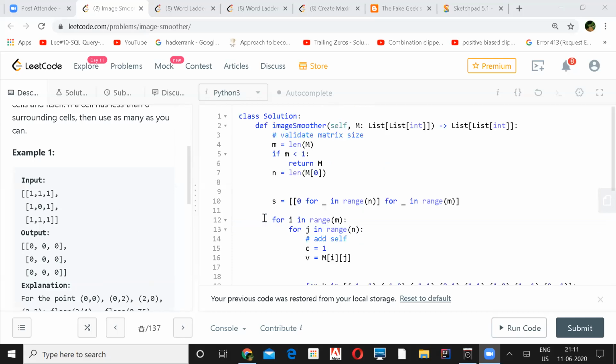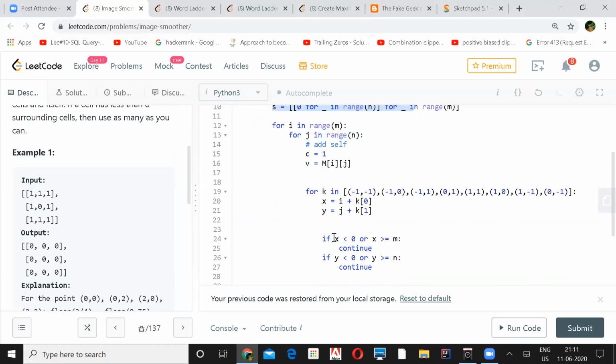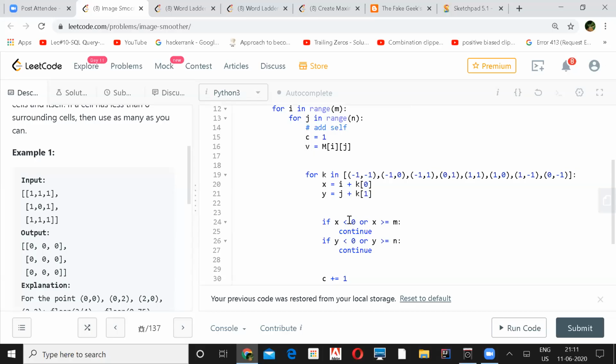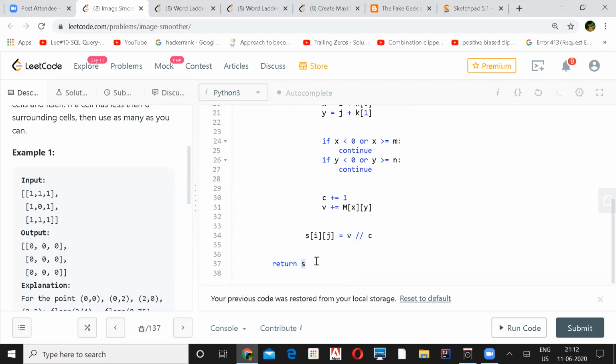Mine is similar to what Ronnie said just now. Calculating rows, then columns, and creating that array in which you'll be filling the values, looping through the entire matrix and checking in all the possible 8 directions. And these are the base conditions. If you're below your left boundary or you're greater than your right boundary, just continue. And same for vertical. This is for horizontal, this is for vertical. And you keep on increasing the values and adding the values, and at last at that particular cell take the average and put it there and return that matrix.